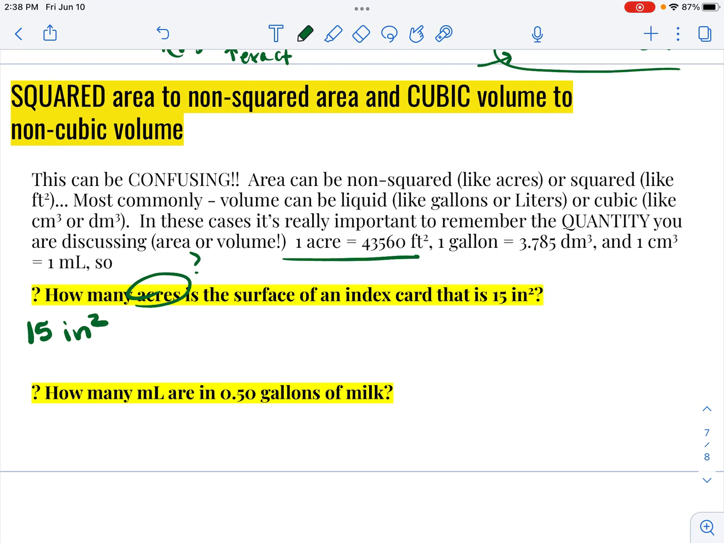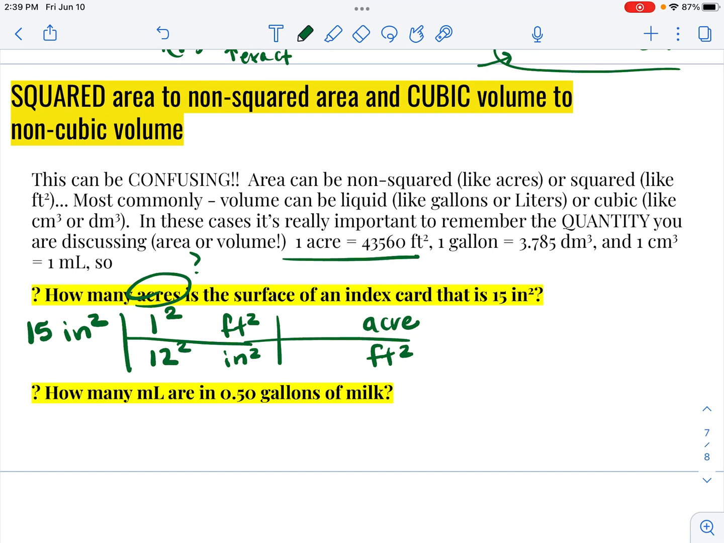43,560 square feet. So I'm going to do inches squared to feet squared, because I need to get to square feet, and then feet squared to acres. And notice that acres is not squared. It's already an area unit. Okay, so inches squared to feet squared, 1 foot is 12 inches, but the units are squared, so I have to square the numbers. And then 1 acre,